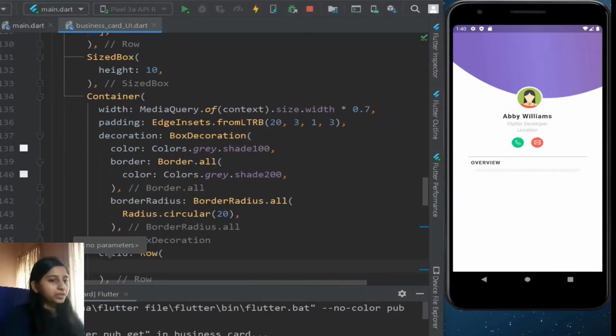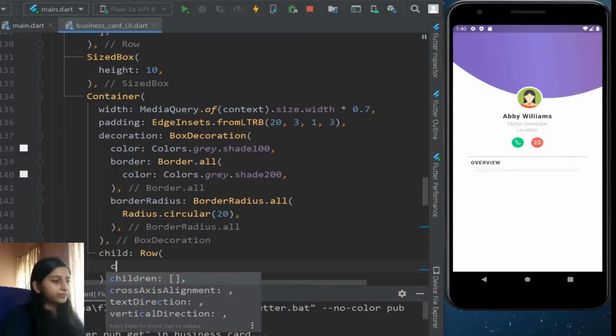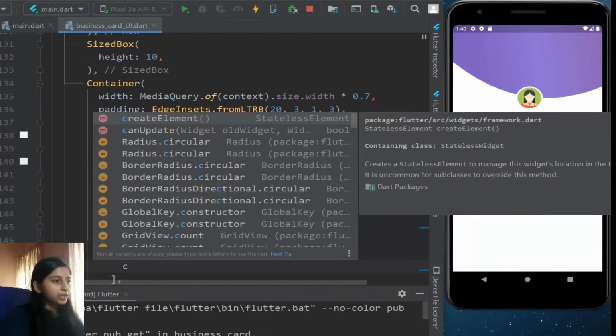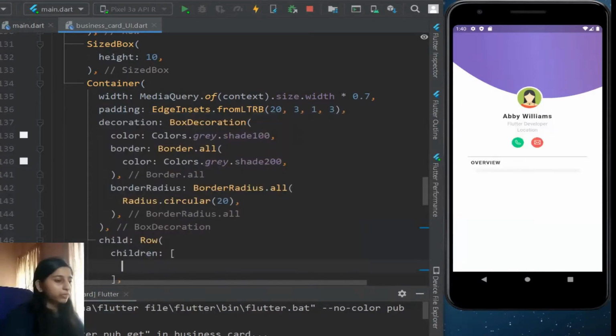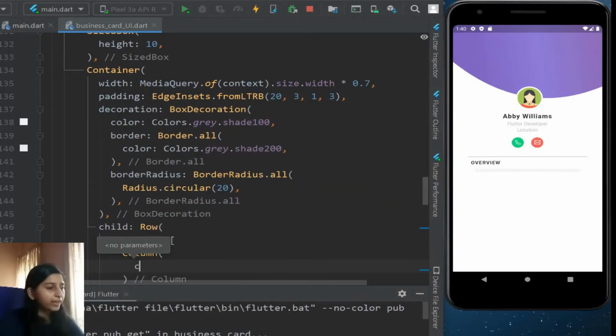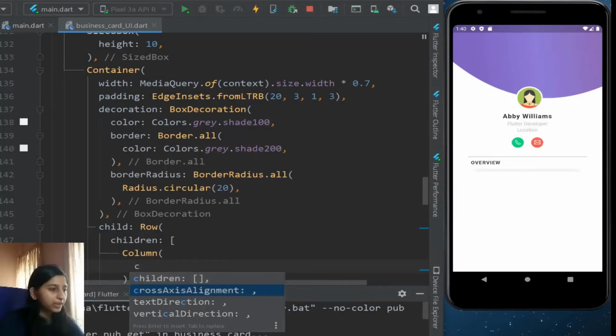Inside this row we are going to add children, and actually we'll be giving the first child as a column. Inside that we are going to give the cross axis alignment as start,